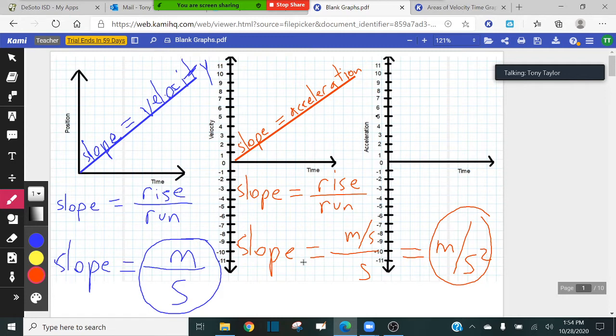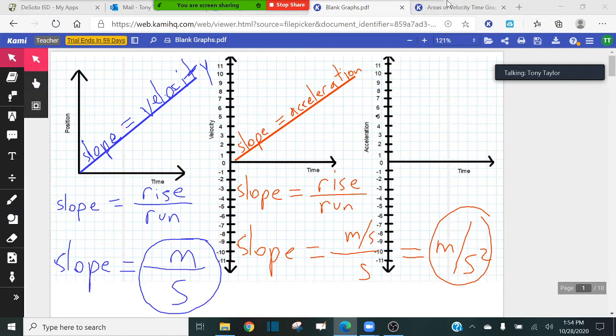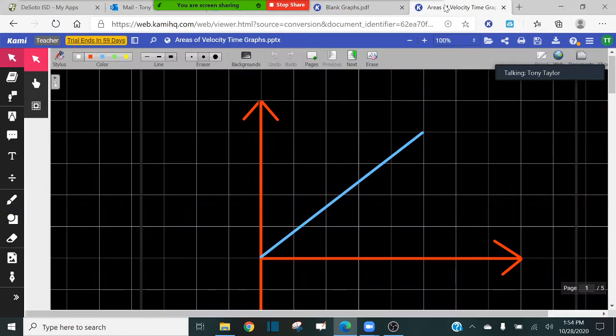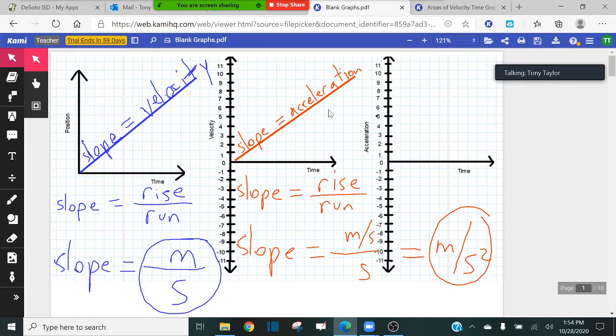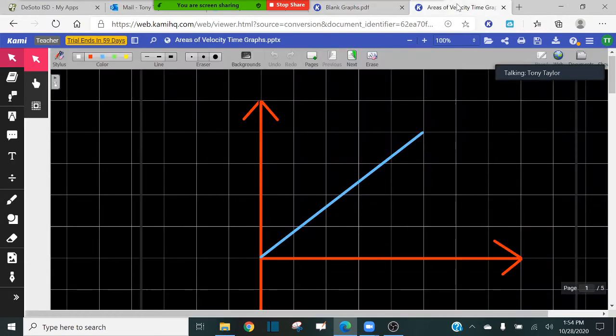Now, we've already talked about this. We've already talked about the slopes of velocity versus time graphs. But here's something I want to introduce to you guys that's kind of new today. What happens if we take the areas of a velocity versus time graph? So if I have a velocity versus time graph and I take the area, what does the area represent? We already know what the slope physically represents. Now we're moving on to areas. Before I answer that question,